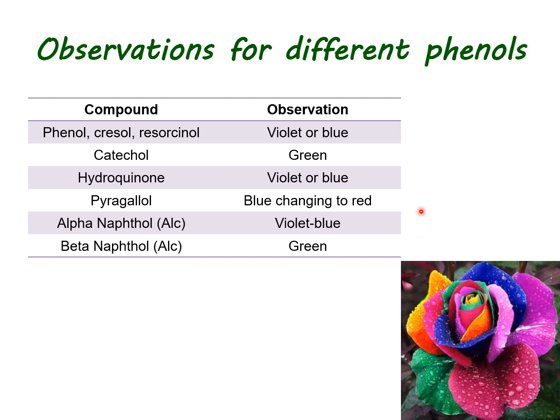Now these different colors will depend upon their electronic framework and what type of electronic transitions take place in that particular compound, but all of them produce color, and the intensity can also be measured in colorimetry. So even this test can be used for drugs which do not have their own absorbance, but they can be made to form a complex which is colored. So it can be used as a quality control test.